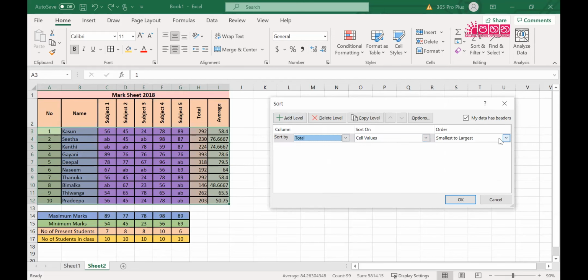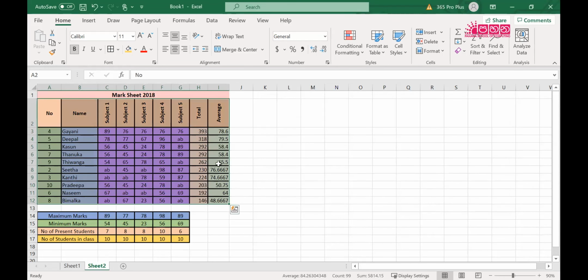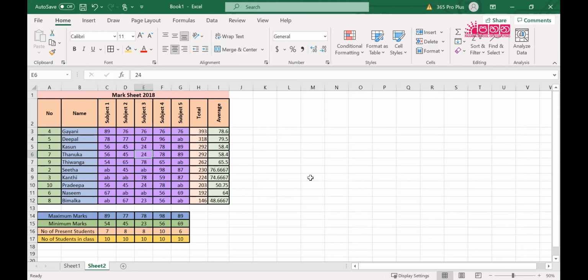And the order, I'm going to change it from largest to smallest. That's all. When you click OK, you can see all the students' names are sorted based on their total values. Easy, right?